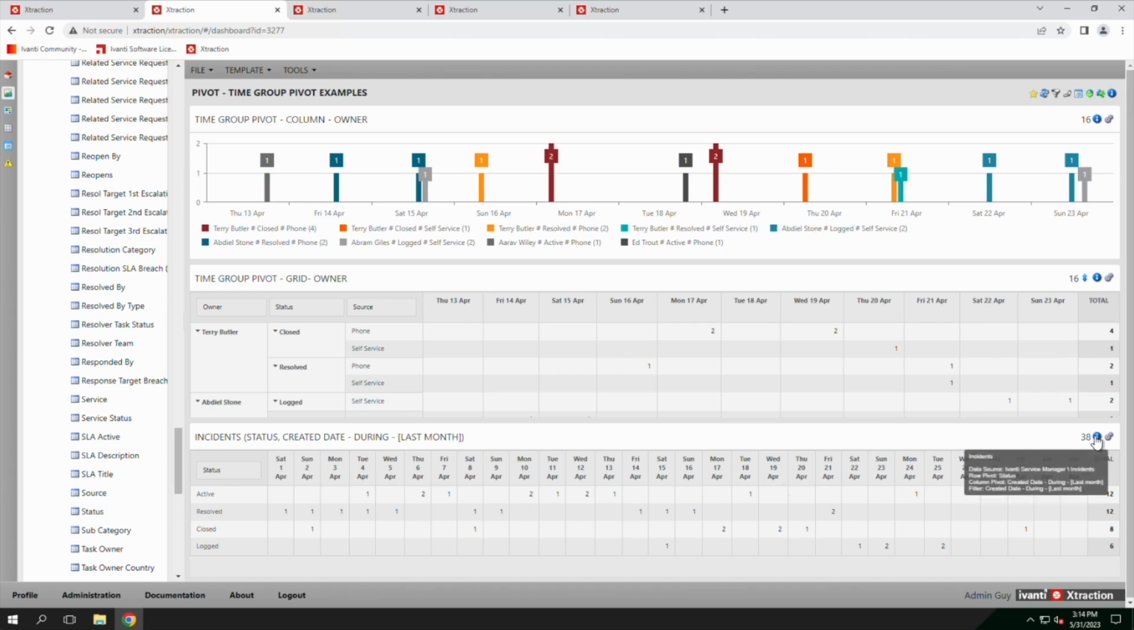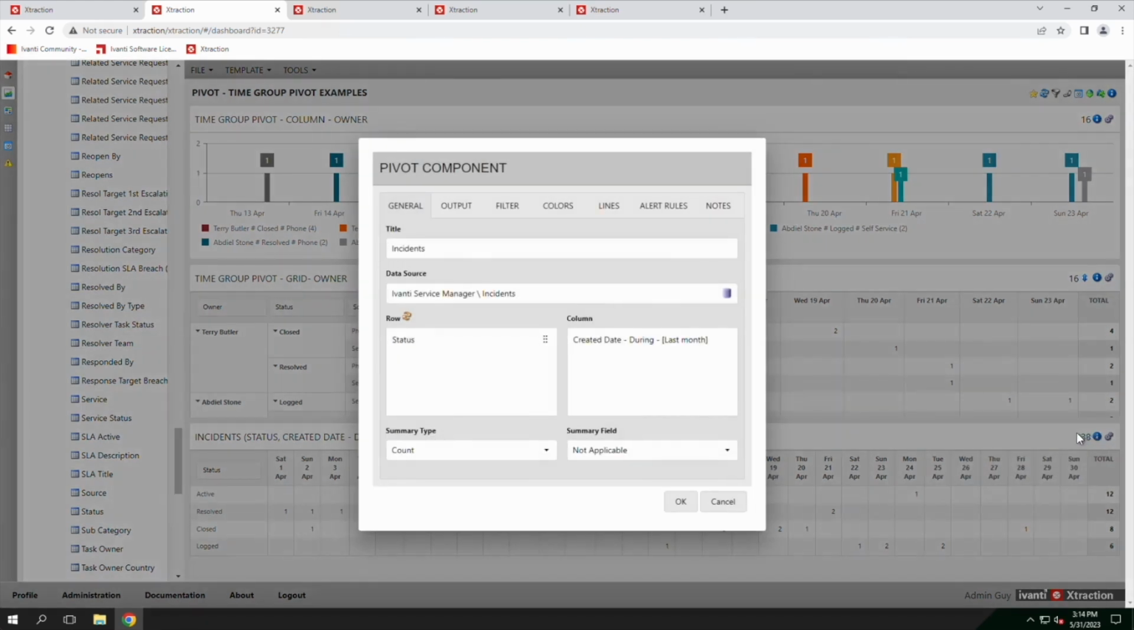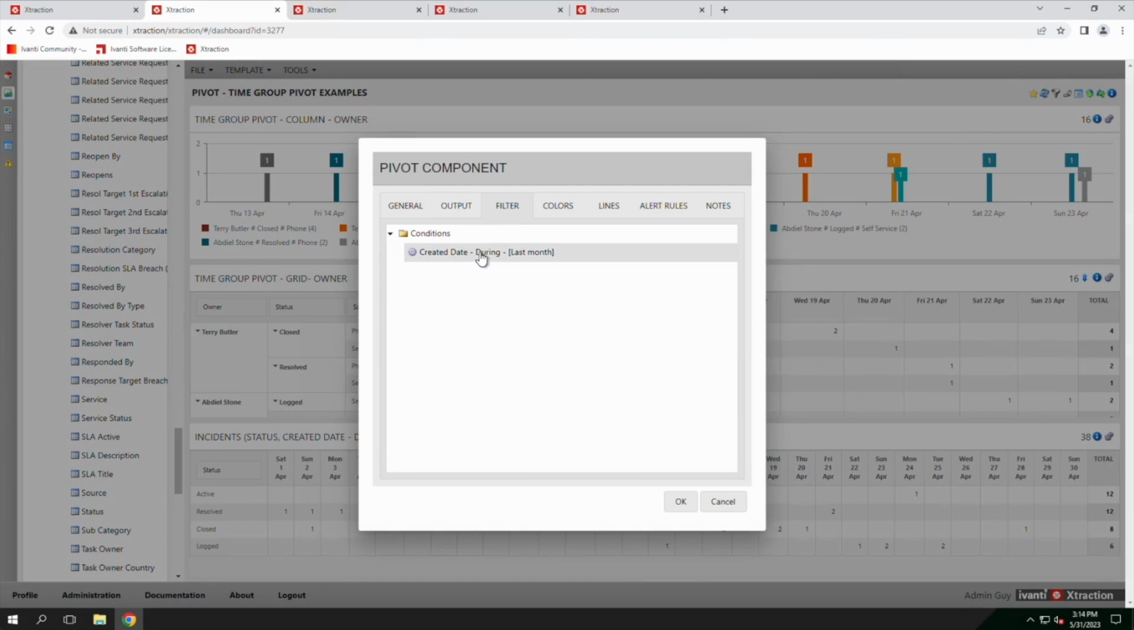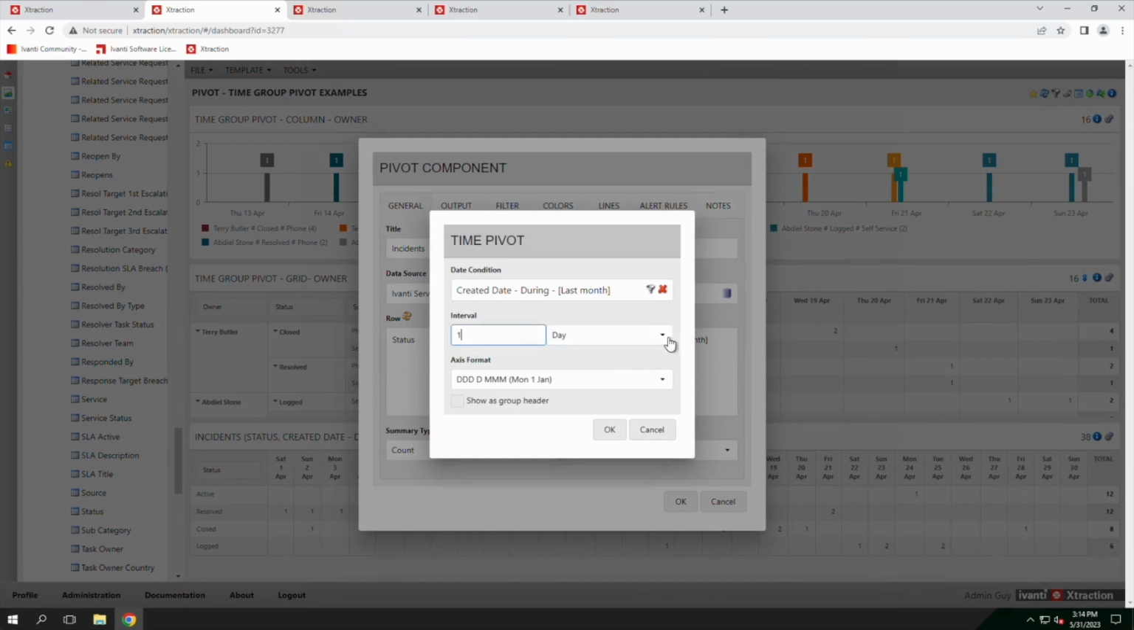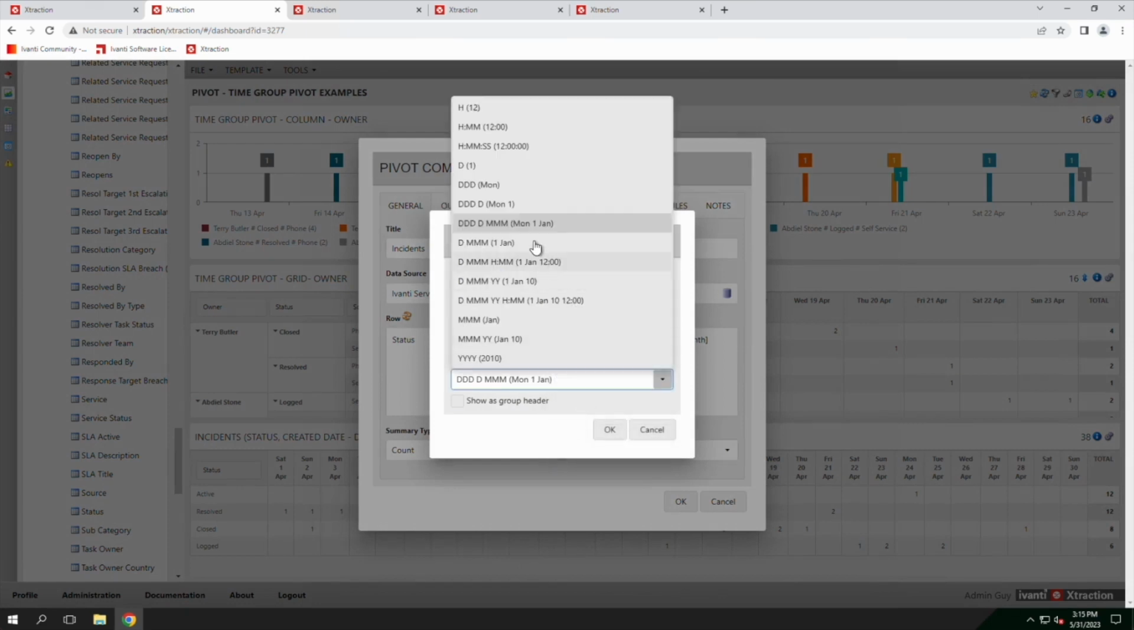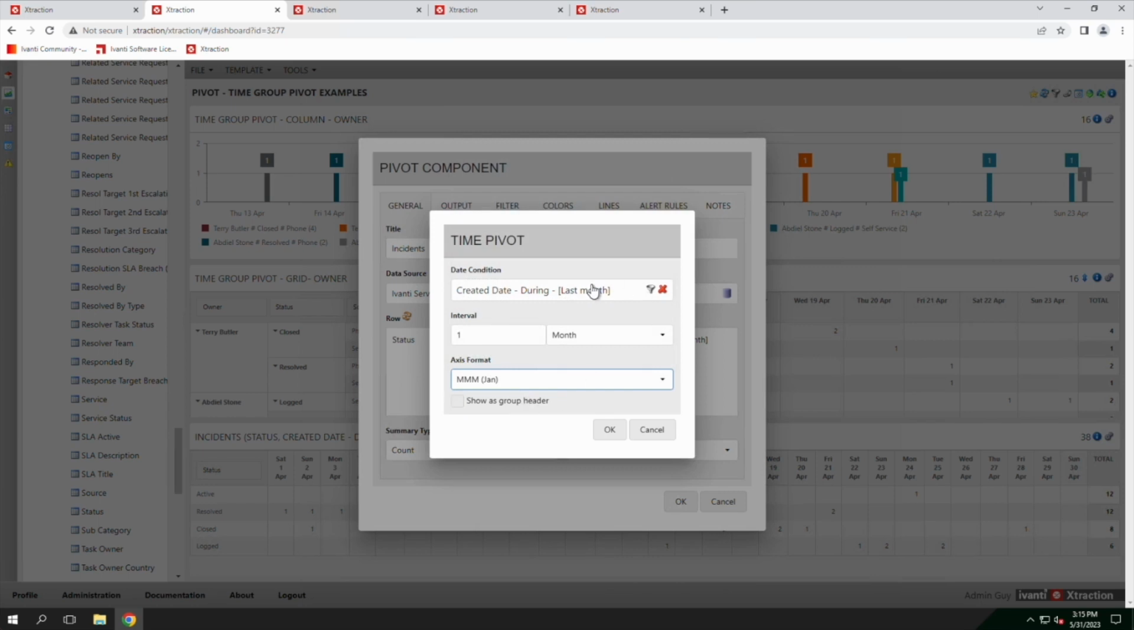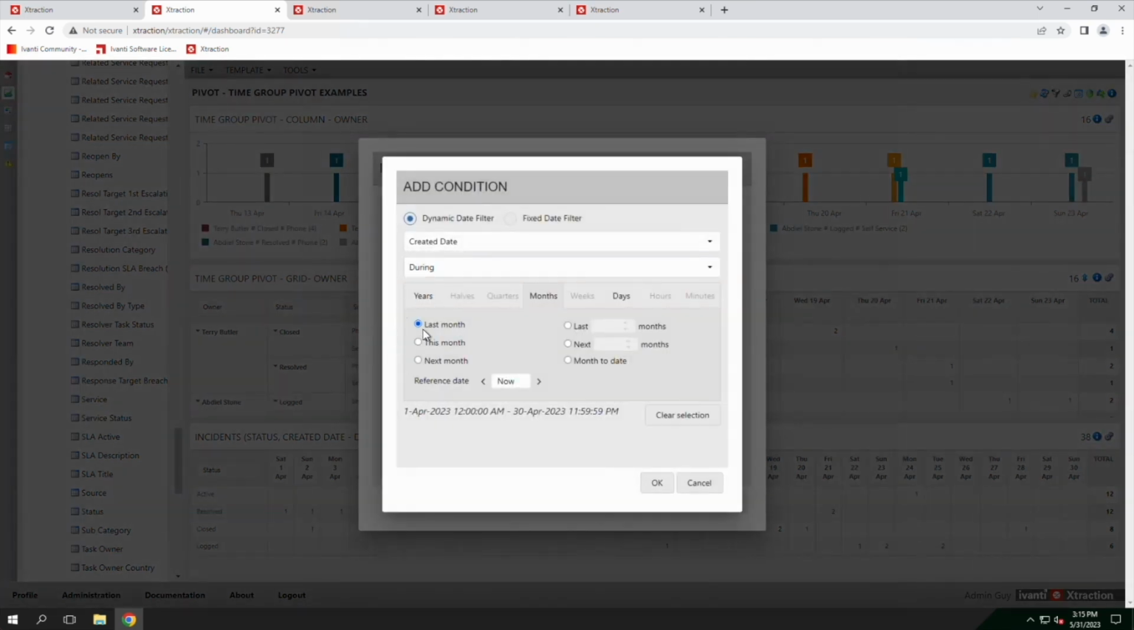To do that, we can come in here, and we'll need to edit the column, and we'll also need to change this here for the filter. We'll come into this column, edit this, and say we want to group this by month, and then we'll put here that we want to show this by the month. We'll just display it as the month. And the created date, we want to change that. And we'll say during